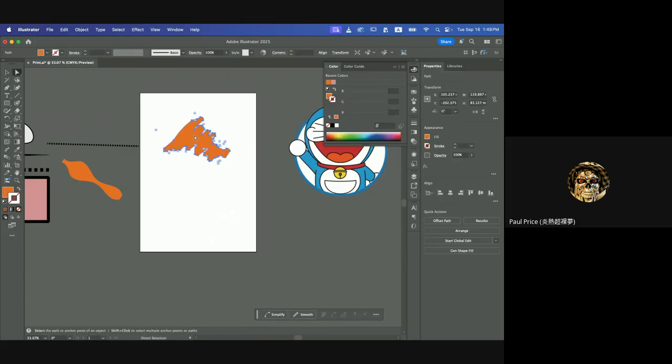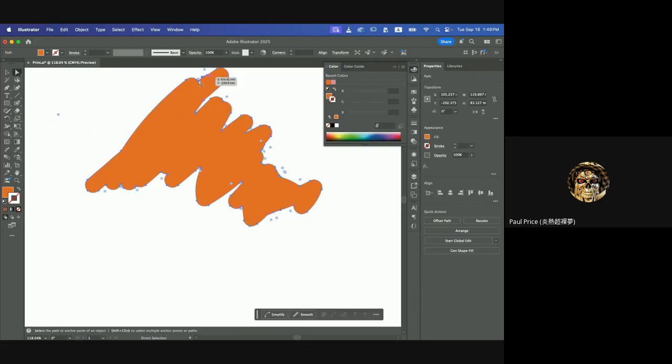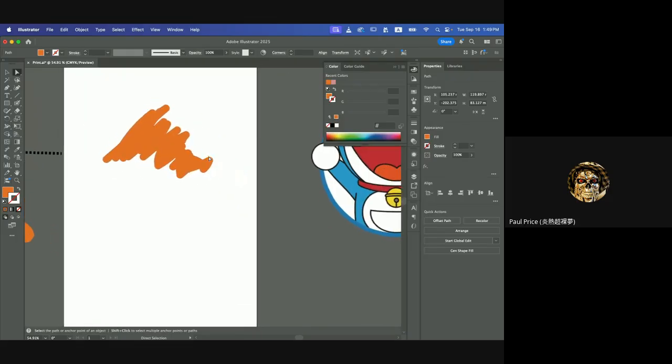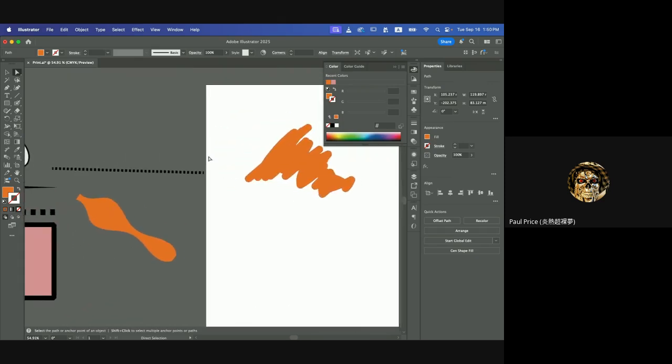Notice that when I click on the object, only the outer rim will have anchor points. Why is that? Because when you're using a blob brush tool, you're actually painting a fill instead of a stroke. Okay, so let's go back to that